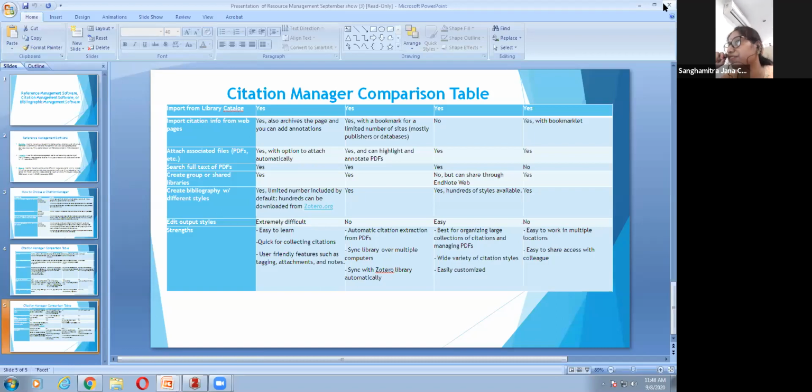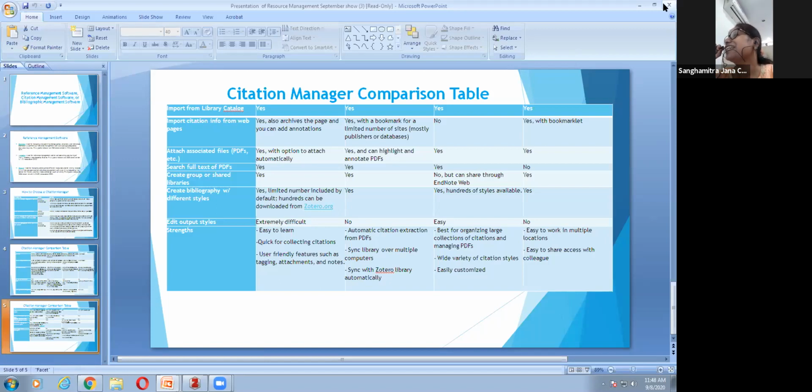Editing output styles is extremely difficult in Zotero. It is not possible in Mendeley. This is a unique feature for EndNote. It can be easily done in EndNote, and it is not possible in EndNote Web. Strengths: if we just look at the strengths, Zotero is easy to learn, quick for collecting citations, and has user-friendly features like tagging, attachments, and notes.